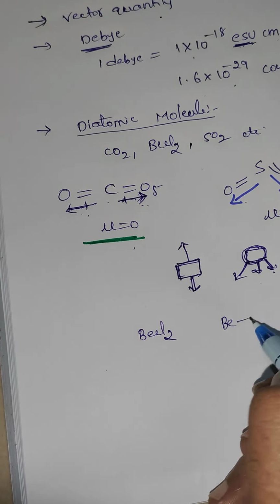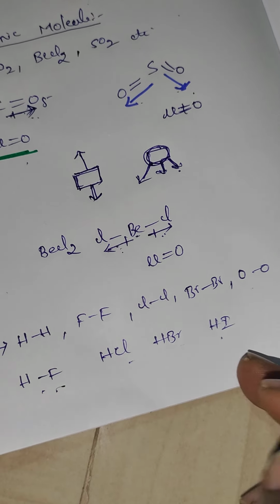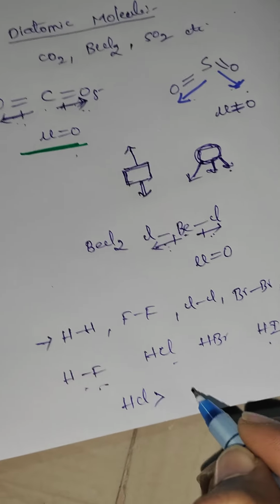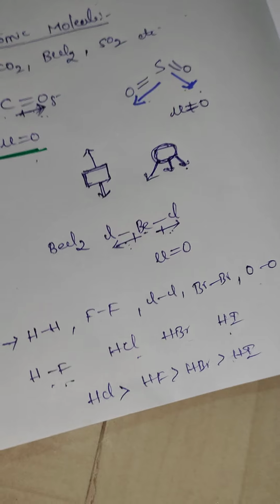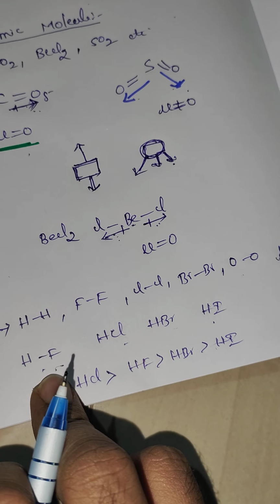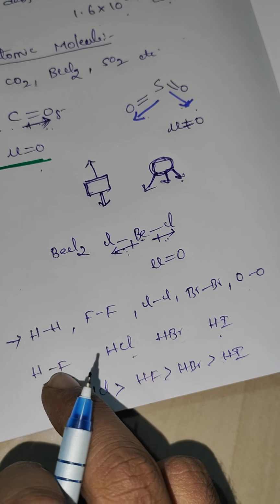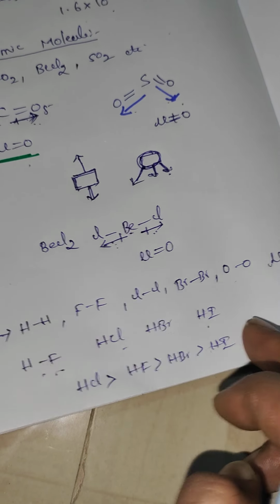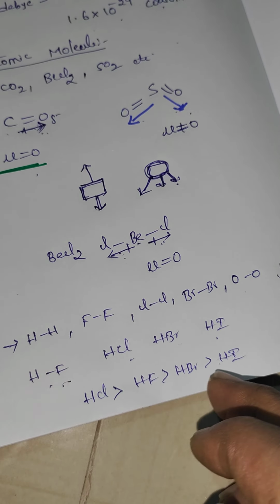We can also consider the distance between the two atoms. Here the distance will be very small, here the distance will be very high. So depending upon the average value, you can take HCl as having more dipole moment than HF, HBr, HI. Generally, the more electronegative element gives the highest dipole moment, but here we consider the electronegativity and the distance between the two atoms. In average value, you can take HCl as the highest, and after that HF, HBr and HI.